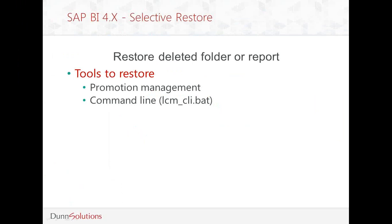So how do we do a restore? In the next section, I'll show you how we can overcome these limitations of SAP and show you what needs to be done so that we can get around these problems. Before I do that,